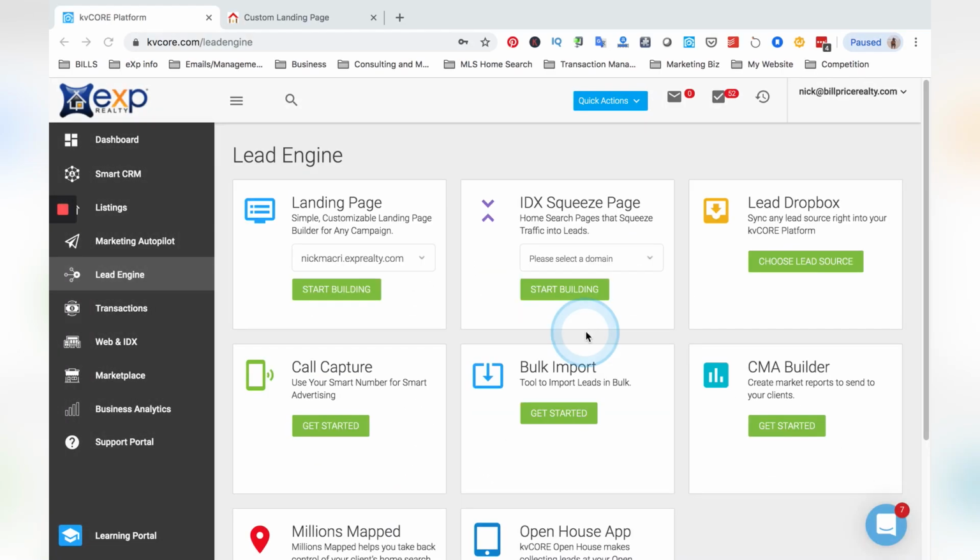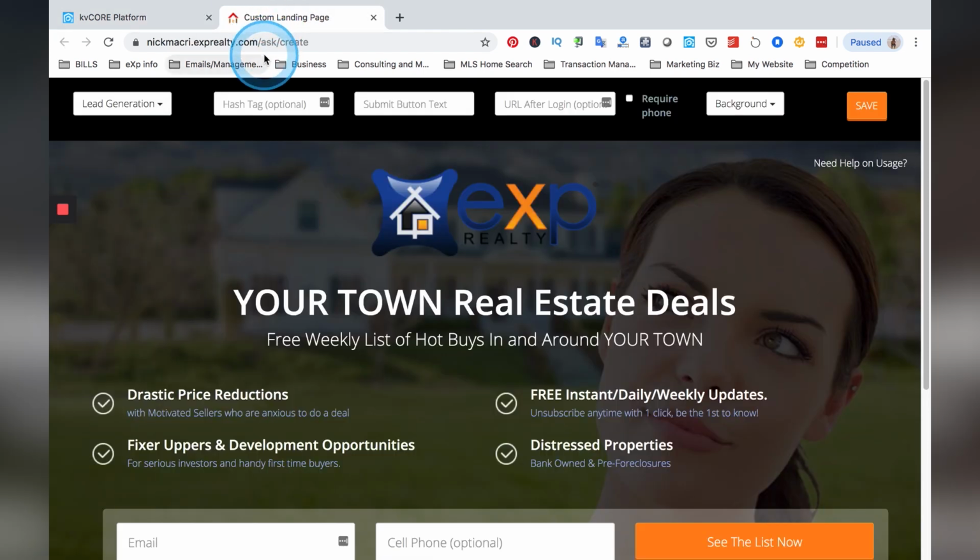Alright, so let's talk about landing pages. So we're here in the lead engine tab of kvCORE, and you're going to see in the top left hand corner we have landing page. You're going to click on this drop down. You're going to type or click on the domain that you want to select, and then you're going to hit start building. All right. So once we hit start building, it's going to take us to this custom landing page